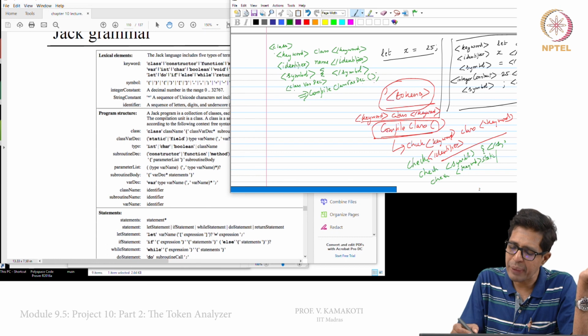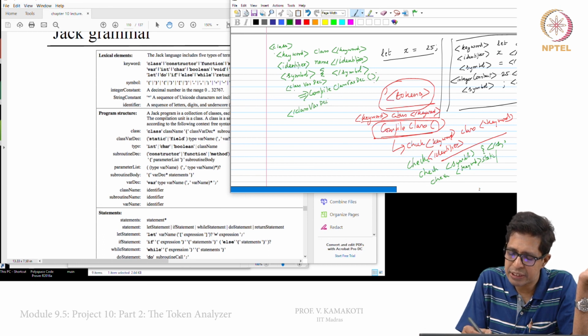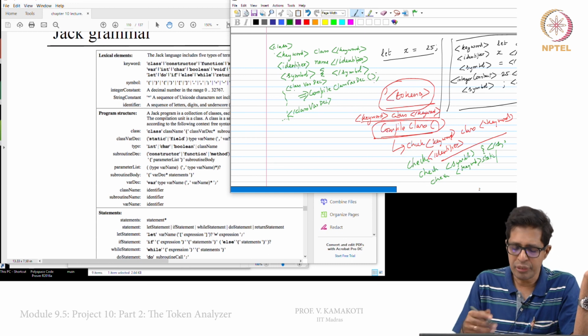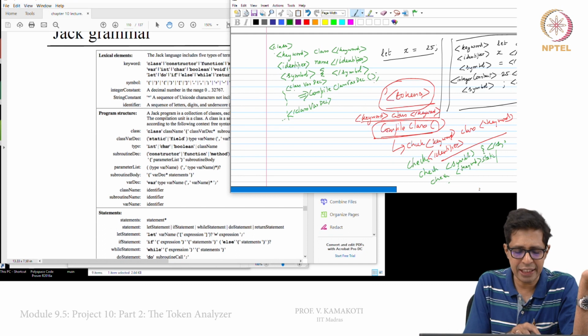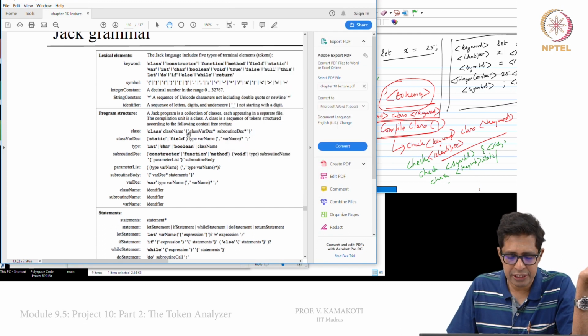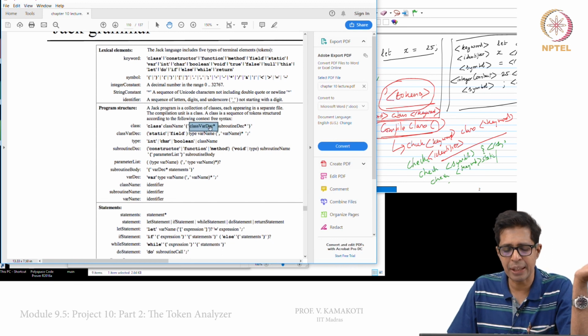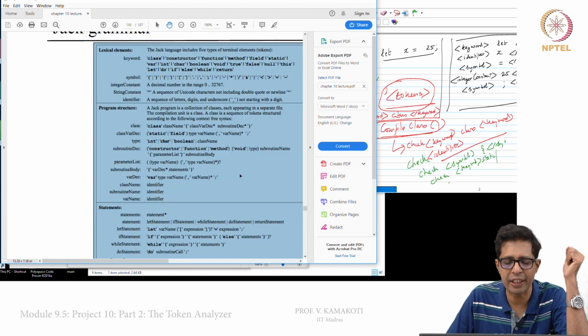Now, what will compile class var dec do? We will see that later. After compile class var dec finishes, we will again come back and output slash class var dec with the same 2 spaces. Now, if I do not find the next keyword as static or field at this point, then there is no class var dec. That is what this class var dec star means. Again I am repeating, star means there can be 0 or more class var dec.